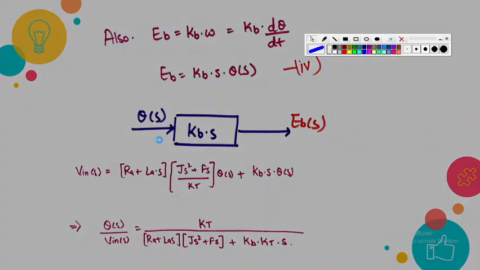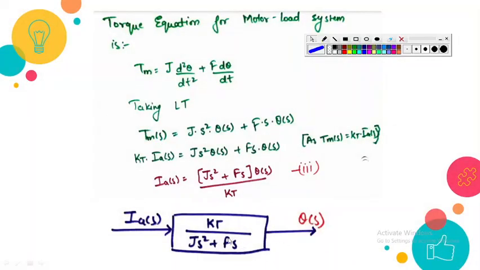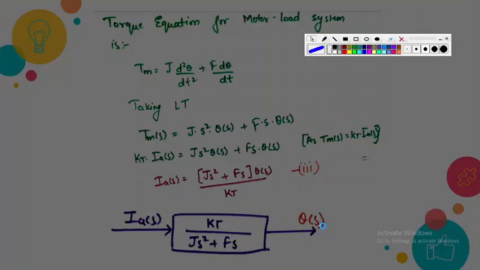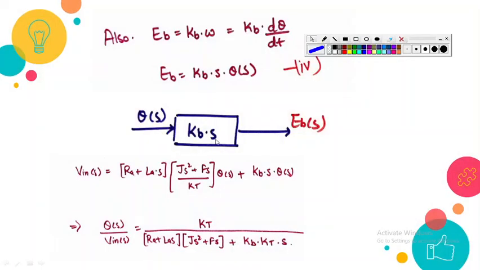So from here we can say that if we multiply Kb into s with theta s, theta s जो है, this was the output from this case. In this block diagram we got output as theta s. Now if I multiply theta s with Kb into s, then what is the result? It is nothing but equal to Eb of s. Alright, so you can observe that we are moving from the input side, and we got IAS, then we got theta s, then we got EBS. And in the first block diagram we had EBS as the second input to the summation point. So we will see in the final block diagram how these all can be related.